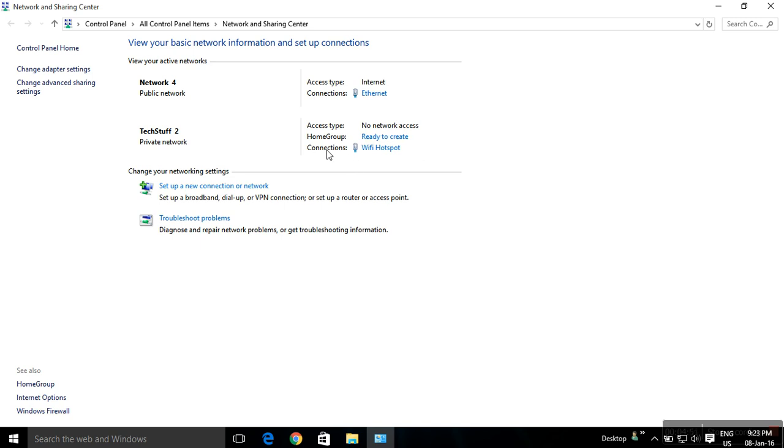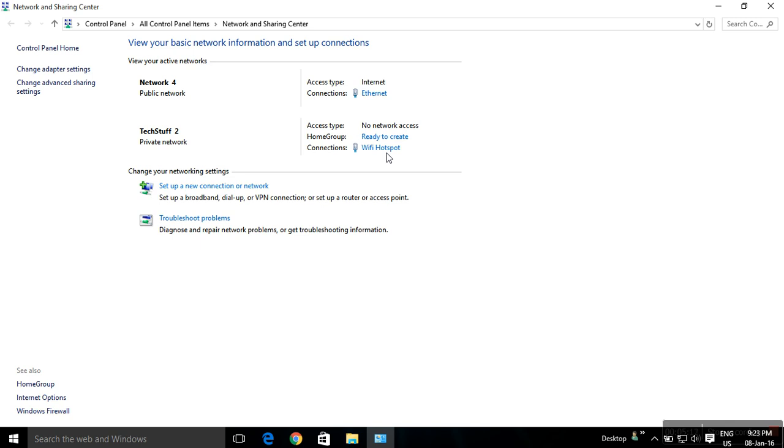So here see, just remember whatever the name is here, the third line. Mine is Wi-Fi hotspot. I have just changed it from the default one, I don't remember the default one at this time, but it will be something like hosted network virtual adapter or something.